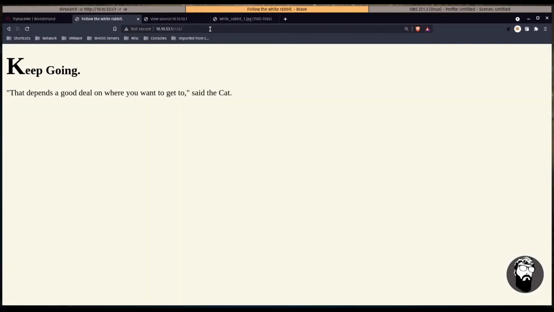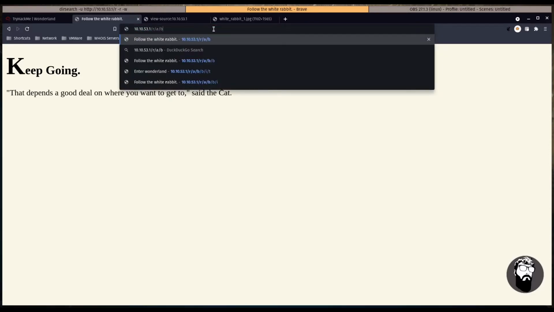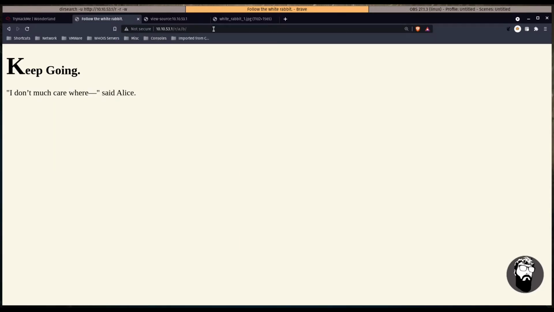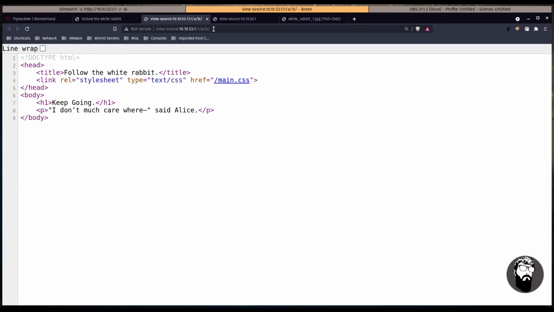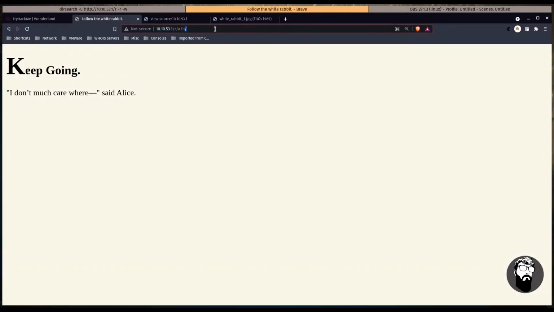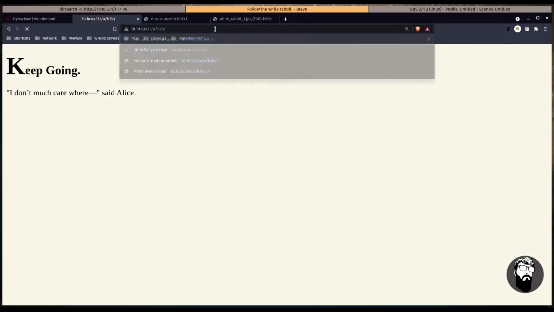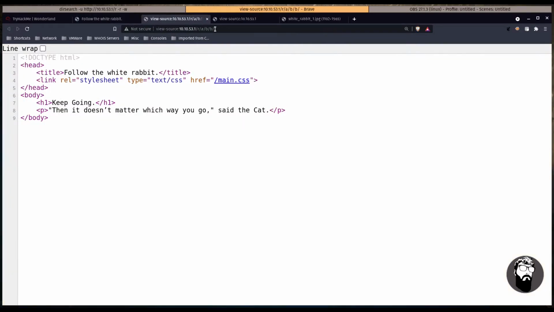So let's take a gander. Let's see if we can follow the rabbit trail. We're going to try and enter the rabbit hole here, and let's try /B. And we get another "keep going." And there's not much in that source. So let's go /B, keep going,